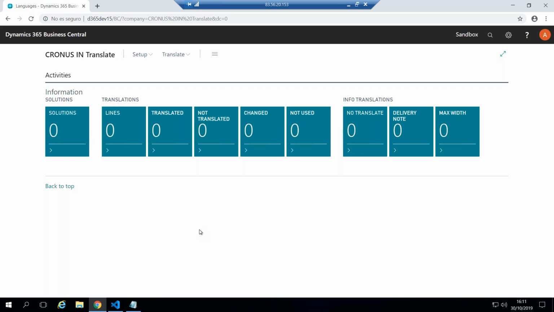So within Translate, we can create different translation files for different languages and also maintain the translation files we already have for any language as well. Okay, so here you can see the role center. You can see the solutions we have here, the translations, the line translated, the non-translated, changed, and not used ones. And now we are going to